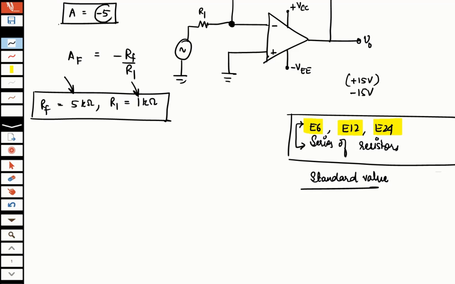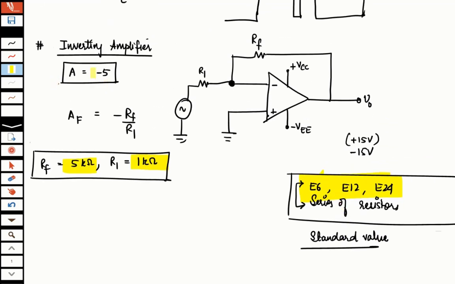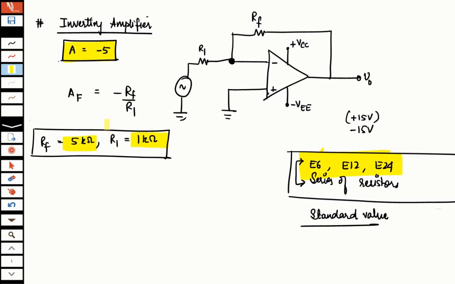Right now, simply from a simulation point of view, because it says the gain is 5, I am simply taking R1 as 1 kilo ohm and RF as 5 kilo ohms. But if you were physically making it, please make sure that both these values are available in the market, some standard value. 1k is a standard value; find out if 5k is a standard value or not. If it is not, then you have to re-choose the values of R1 and RF which are available in the market so that you can actually purchase them to make such a circuit. For example, right now I'm just taking it as 5 and 1, which would give me a gain of -5. So this is the target, this is the objective.